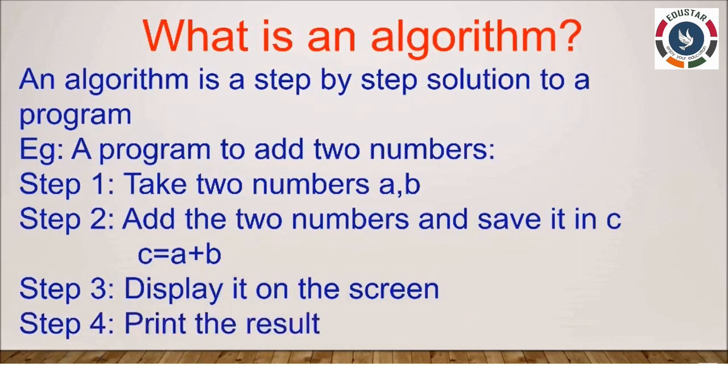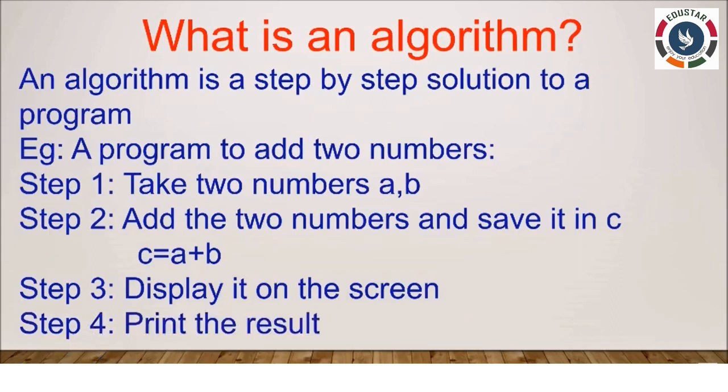For example, now I'm going to prepare coffee or tea. What are we going to do there? First we take some milk, then we add some water, and then we add some tea powder or coffee powder. These are the input. Next, we are going to process: boiling the water and milk, everything, correct? And then what is the result? We are going to get a cup of coffee, that is the result. In the same way, if you are doing any work, we do it in step-by-step order, that is called an algorithm.